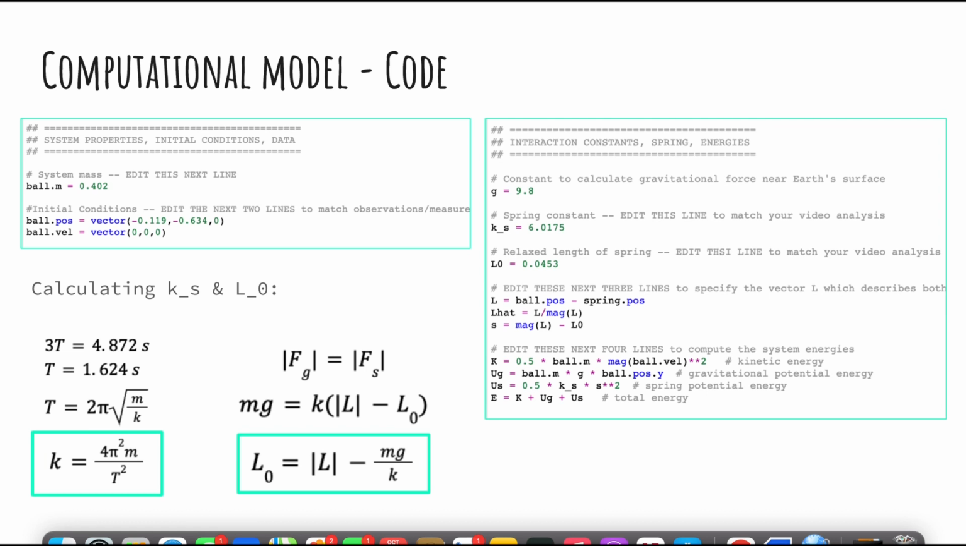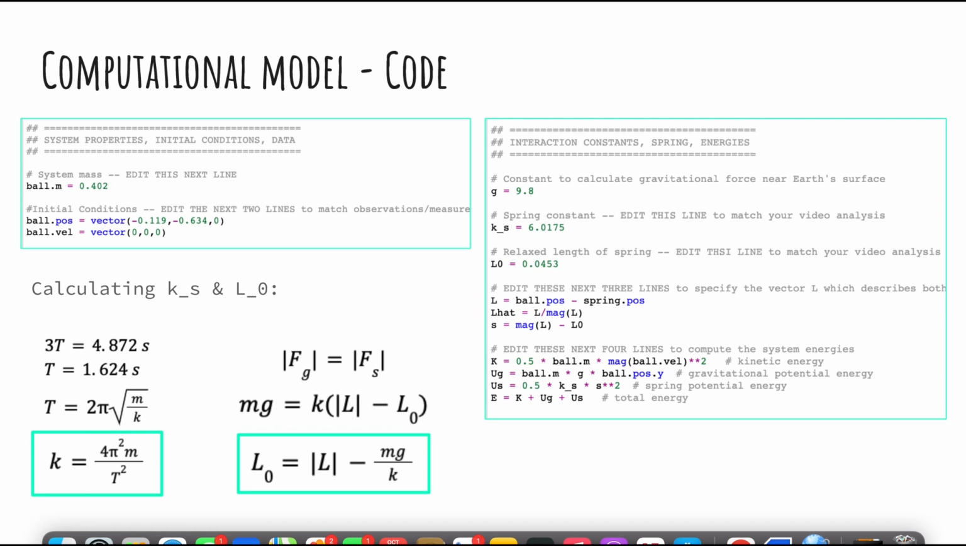To find the stiffness using periods of oscillation, we were able to rearrange the formula to solve for the stiffness as shown. The outcome came to be 6.0175 newtons per meter. For the relaxed length of the spring, since we can say that the magnitude of the force of gravity is equal to the magnitude of the spring force, we can obtain an equation to calculate L naught, which came out to be